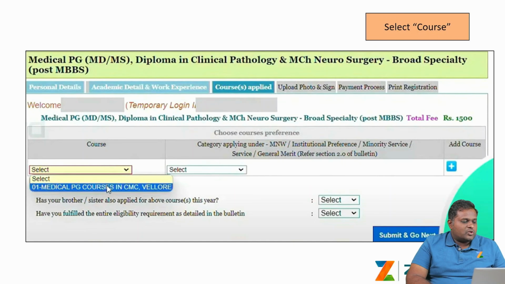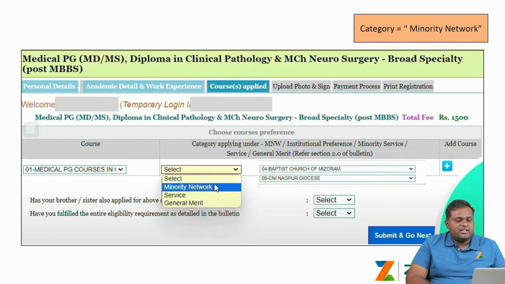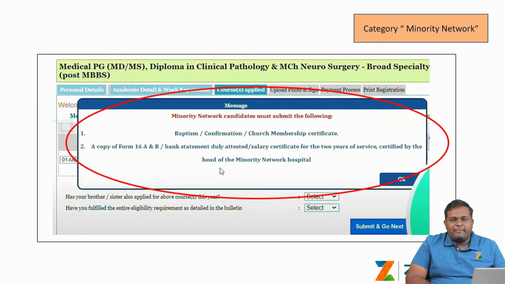Once I select the course, there will be only one option available, that is a PG medical course CMC Vellore. And 3 category options are available for me, that is a minority network, under service network or a general merit. If I select the minority network, I have to select the area of baptism and the church of membership, and if I select submit and go next,